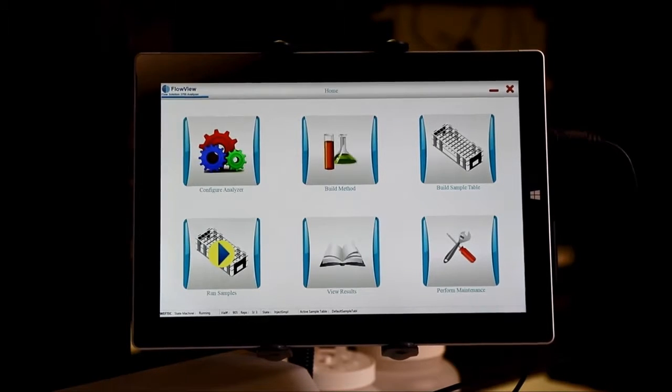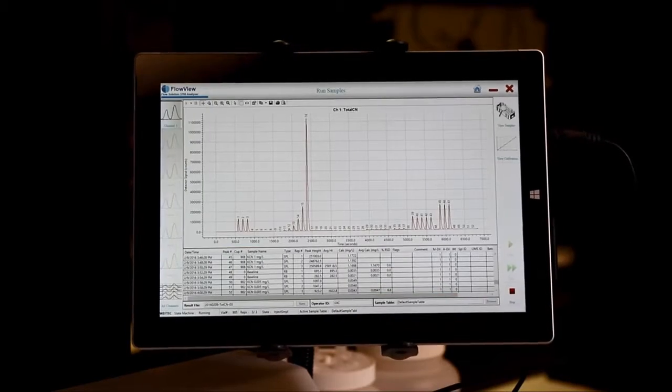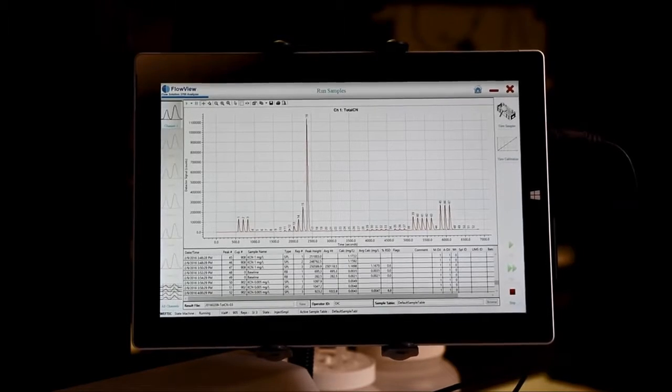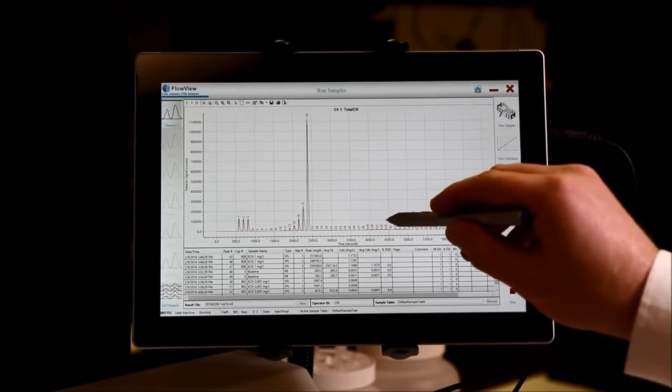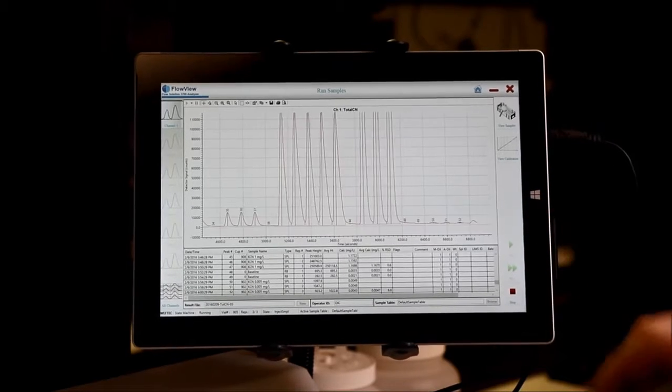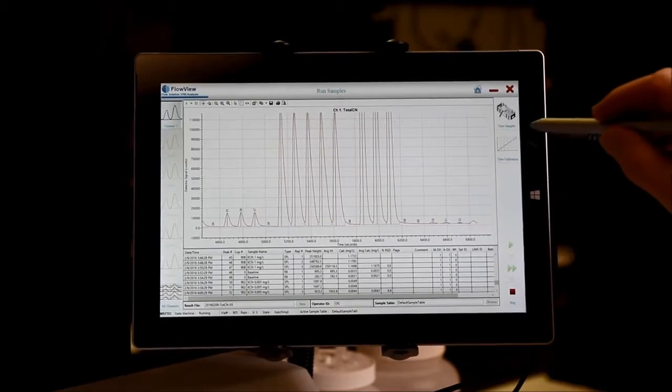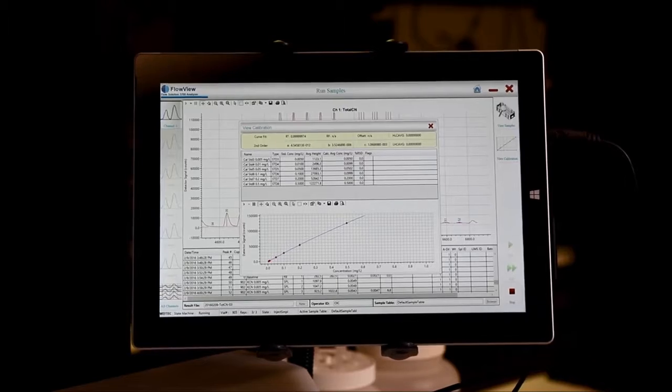The next button from the home screen is Run Samples. From the Run Sample screen, you can start a new run, or, as I already have a run in progress, monitor the run as data is being collected. I can also view my calibration,